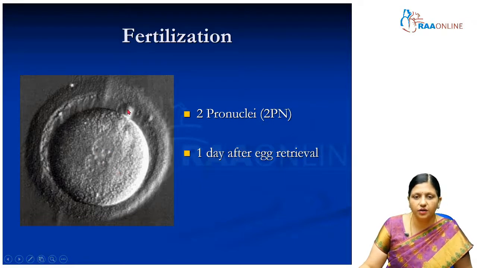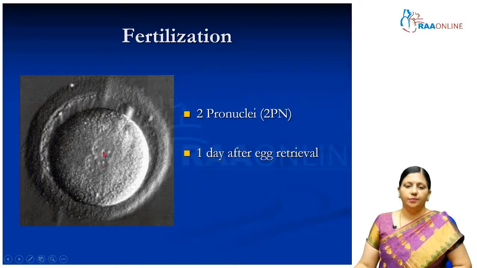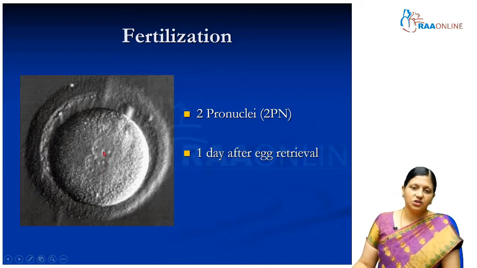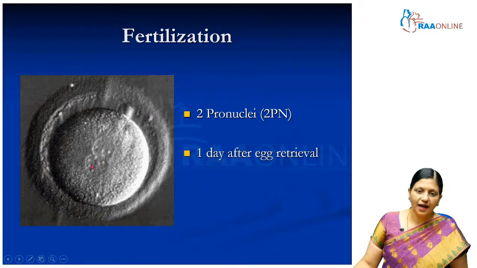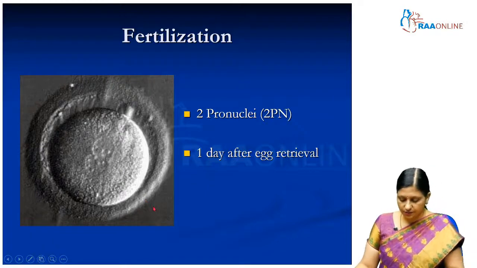So this is showing the extruded polar body, and this is the male and the female pronucleus, and these are the nucleolar precursor bodies. So this is juxtaposed, centrally placed, and if we draw a line between male and female pronucleus, we will see that the polar body is lying in a longitudinal arrangement. So this embryo is graded as day 1 embryo with the male and female pronuclei of similar size, juxtaposed, centrally placed, with the longitudinal arrangement of polar body. Only thing is that the male and female pronuclei are not symmetrically arranged in this embryo. So embryo grading we'll discuss in a subsequent PowerPoint.